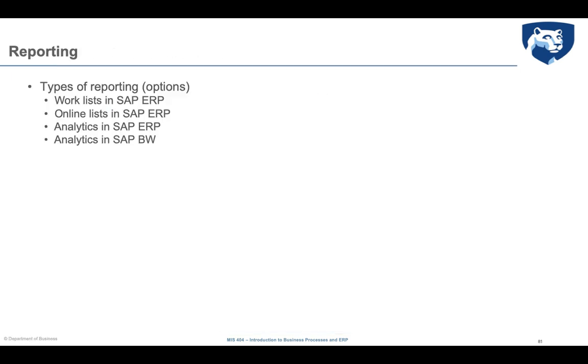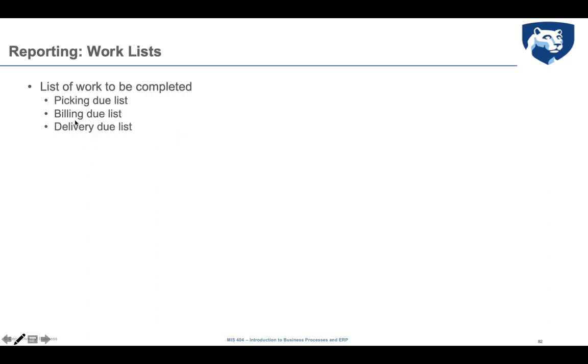Finally, in SAP, connected to the data record, you also have the possibility to generate some reporting. So SAP collects some data, and you can at a certain point generate some reporting. There are two types of reporting that you can do in SAP. This one is not part of this course because it refers to